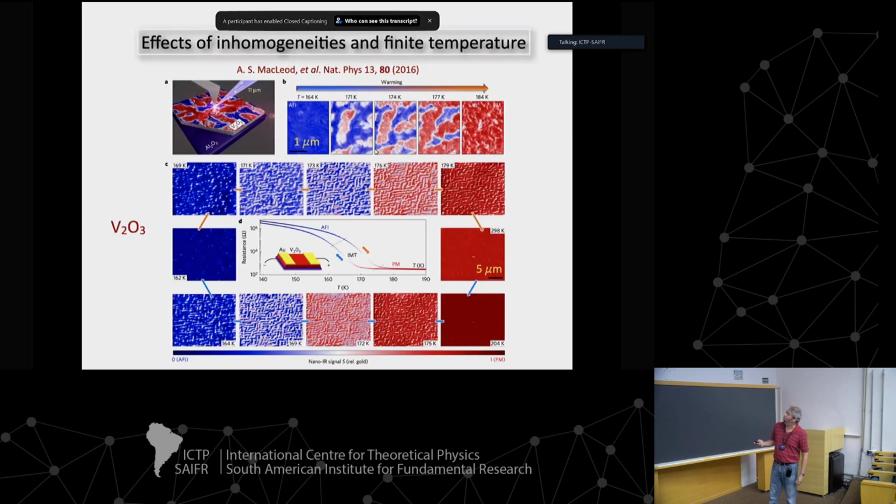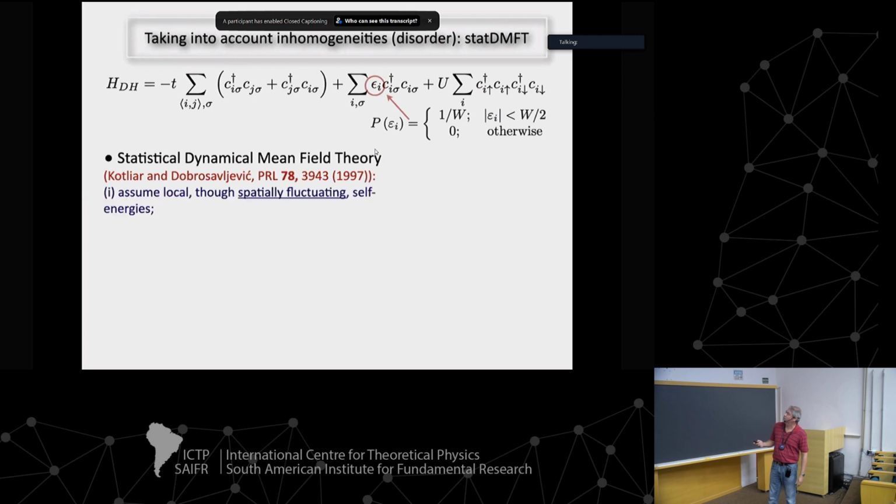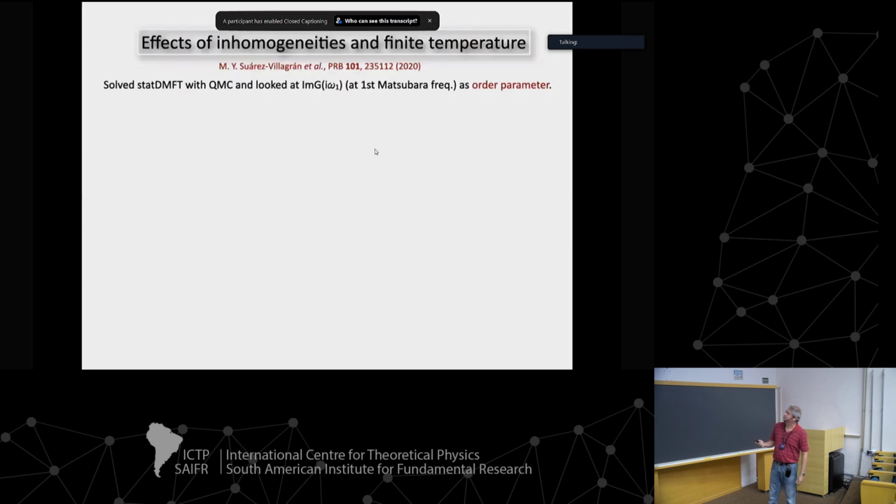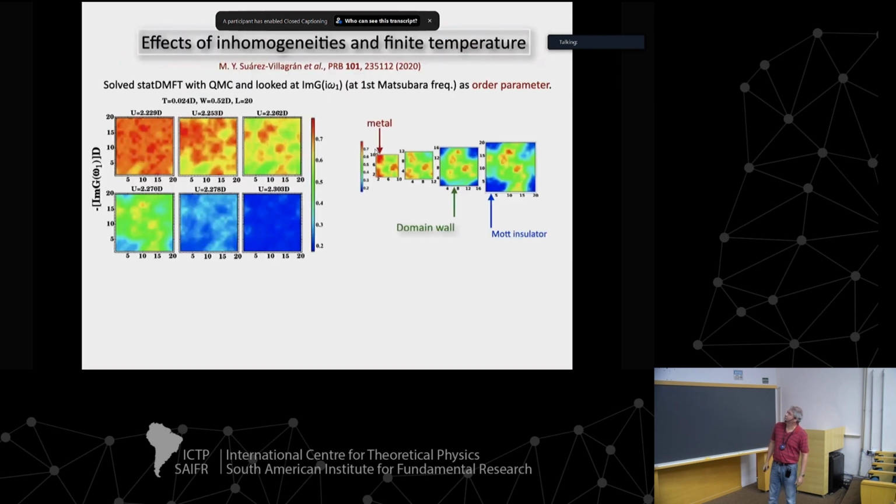Yes. Well, let me show you here. In my picture, the domains can be much bigger than the correlation length, whereas the wall width, of course, is the correlation length. Yes, but there should be some very large domains. Well, it depends on which side you're on, right? They certainly grow on the other side. They grow smoothly across the transition. But they are certainly determined by the fluctuations of the disorder.